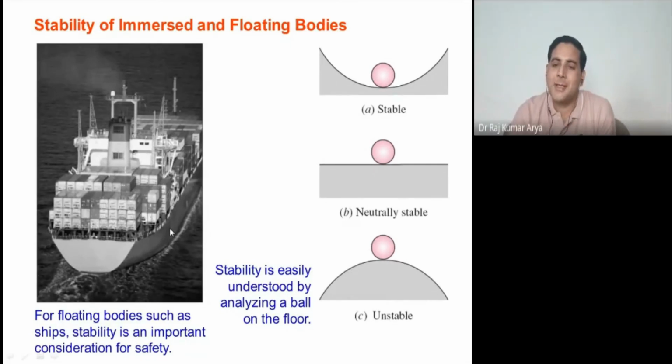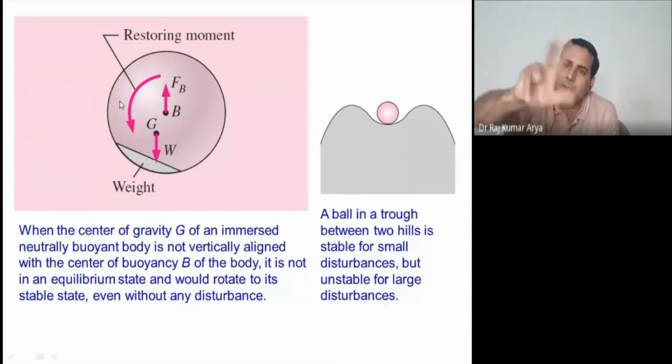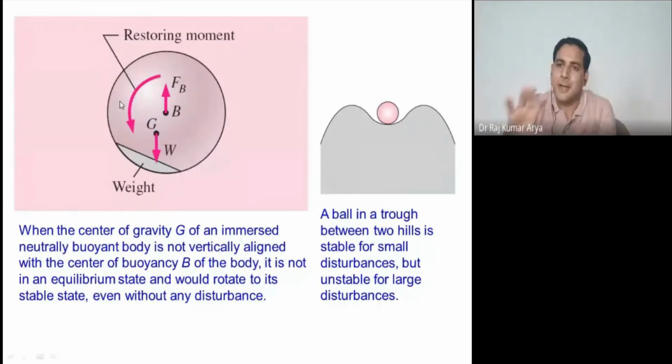It can stabilize itself if the disturbance I am talking about is not too much. By chance, if it goes too far this way, it is about to fall and topple. Your ship will just topple down just like that. At some magnitude, it will go that way and then it will come back. But if this magnitude is too high, you cannot handle it. You have to apply some restoring force from outside. Fine?